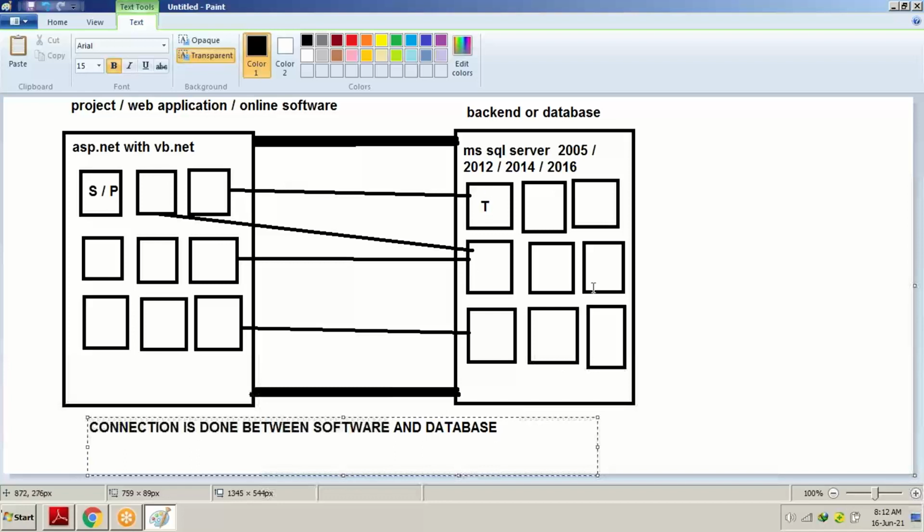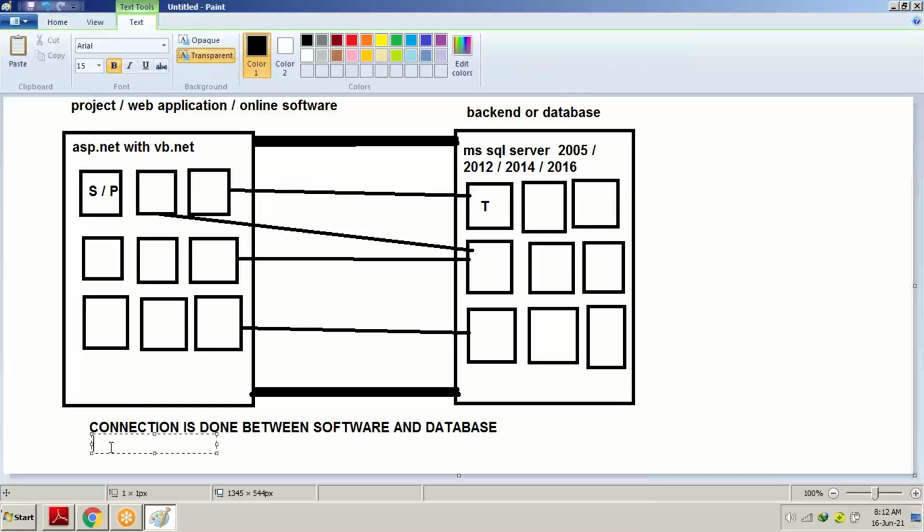What is database? SQL Server, the back end, in which the data is stored and kept hidden. For security reasons, the database is hidden inside our server and cannot be accessed by any end user. The end user can access the screens, and from that particular screen they can insert the data.